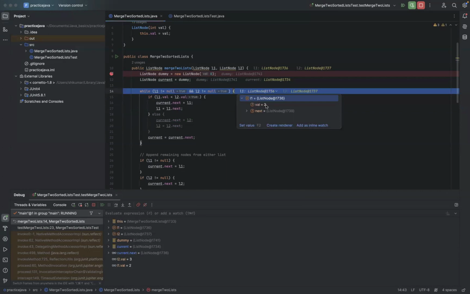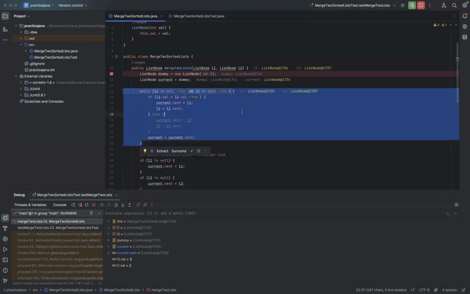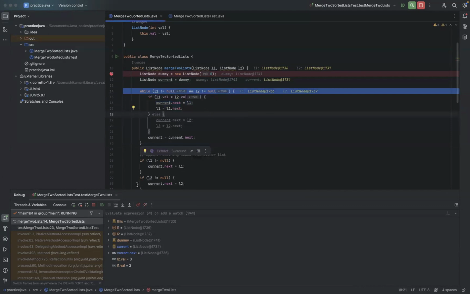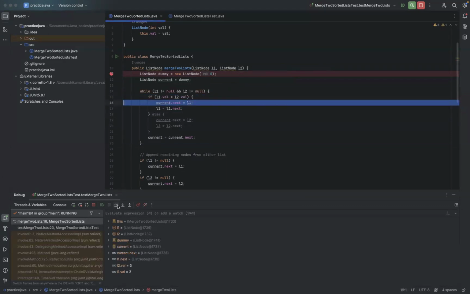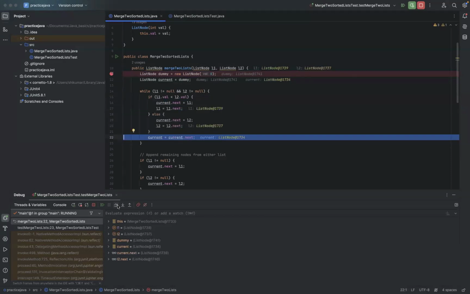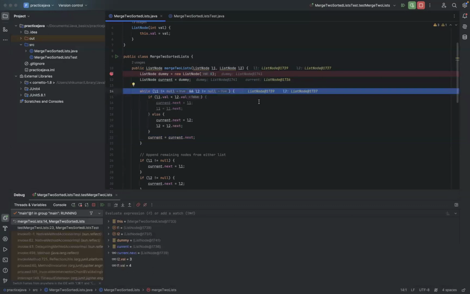We will get 2 from list 1, and we will get 3 from list 2. So 2 is less than 3, that satisfies. So it will come inside this, and it will take that. Okay, yeah. So again, if you see the next iteration, what we will get